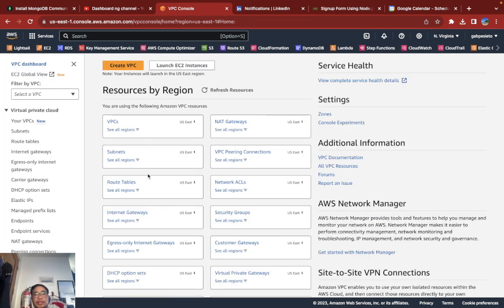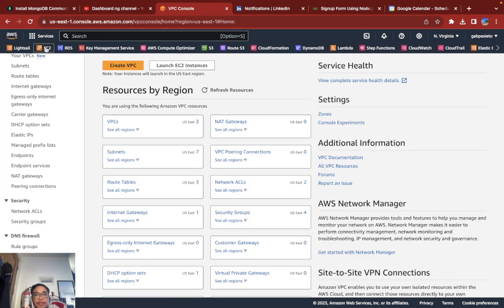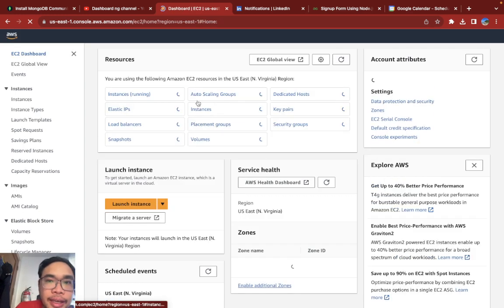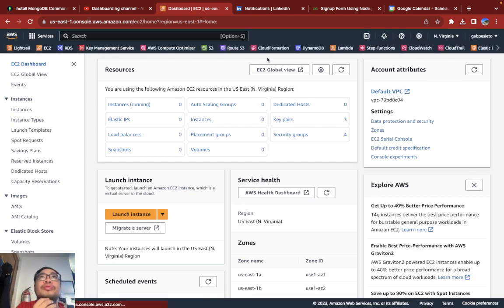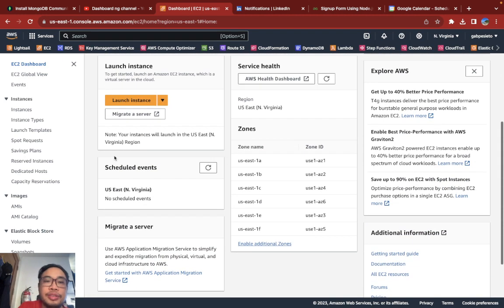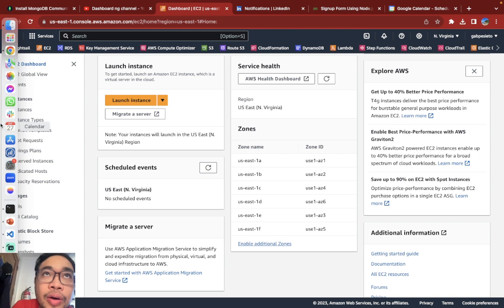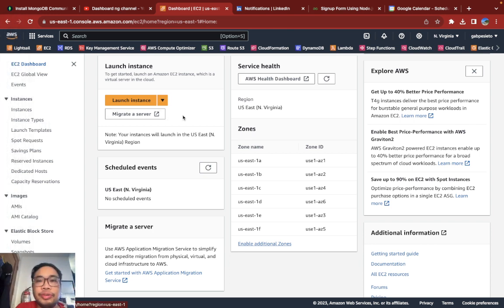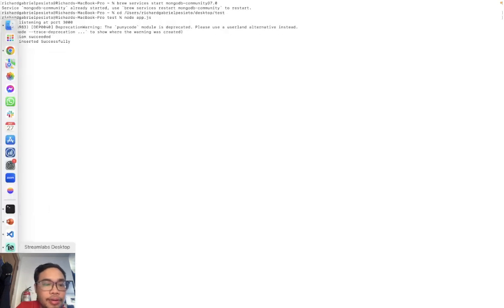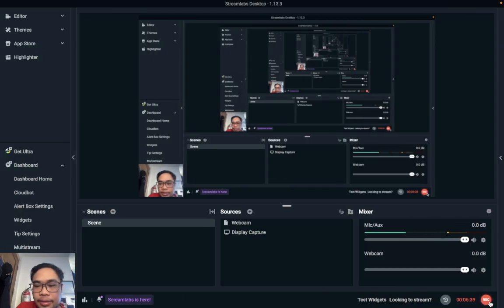Anyway, that's how you create your private subnets and your VPCs. So in your EC2, you have to create the servers, and once you create that, you need the SSH, and you can go now to the server and install the MongoDB and the Node.js, just like the ones that I showed you earlier. Okay, so yep, that's how you create it in AWS.